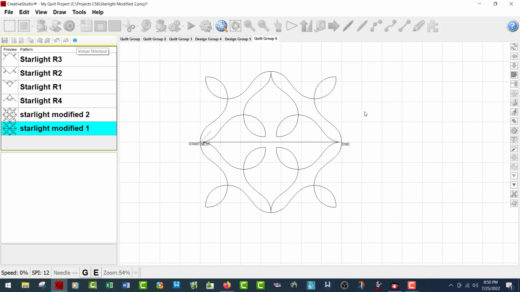I can show you that right here. And I'll speed this up some so it doesn't take so long for it to go. It goes left to right, right to left, left to right, right to left, and then back left to right to make it work continuously. So that's what we had, and Janice worked on it. And then whenever she sent this back, they liked the pattern, but they did not like